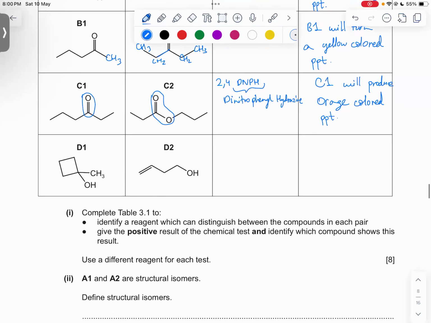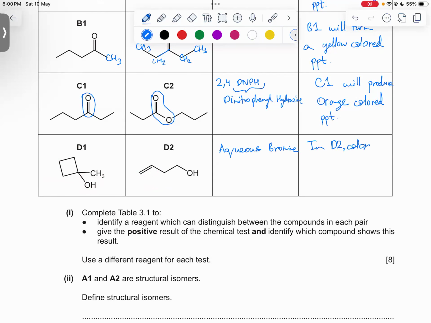Next question we have, we can see that this is an alcohol. This is also an alcohol, so we can't do a test for alcohol because both of them will give the positive result. But then we see this has a double bond and this has no double bond. This is a cyclo alcohol, containing completely saturated carbons. But this one contains an unsaturated carbon. So we can use aqueous bromine, aqueous bromine. So we can say in D2,